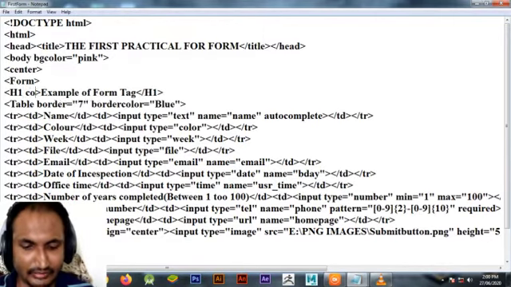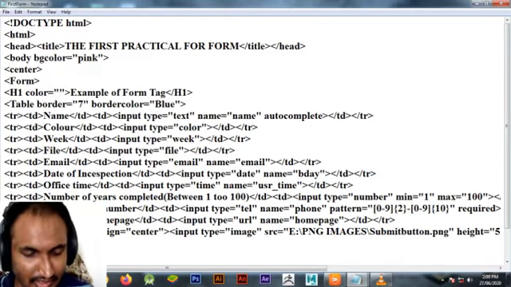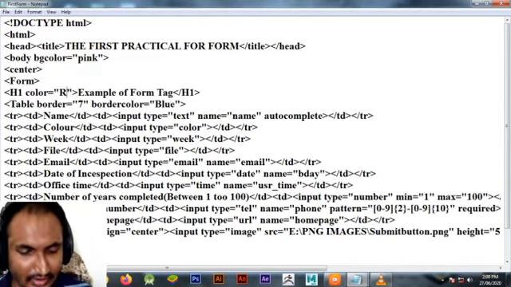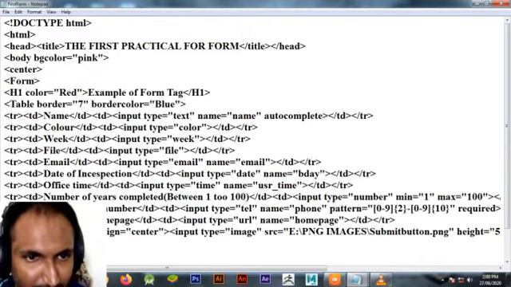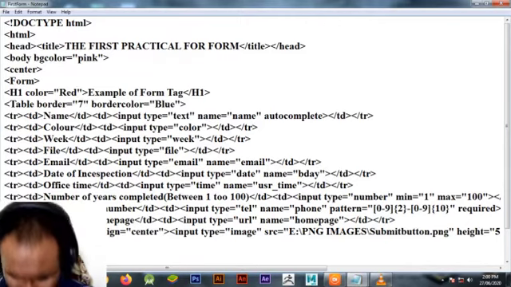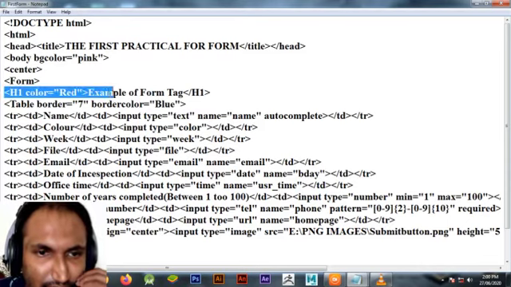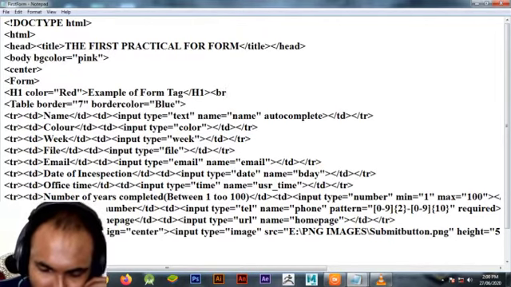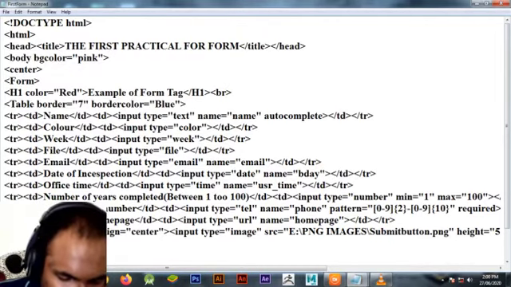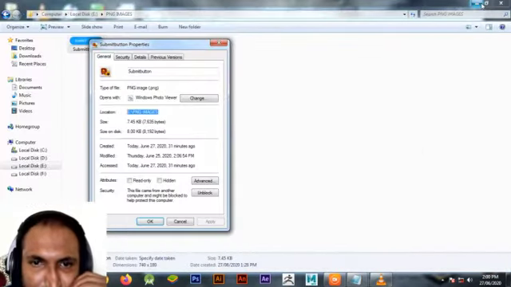I am taking the property color here, that is red, so h1 will appear in red color. I am adding a break here so that it will appear on a new line. Let's see the output.